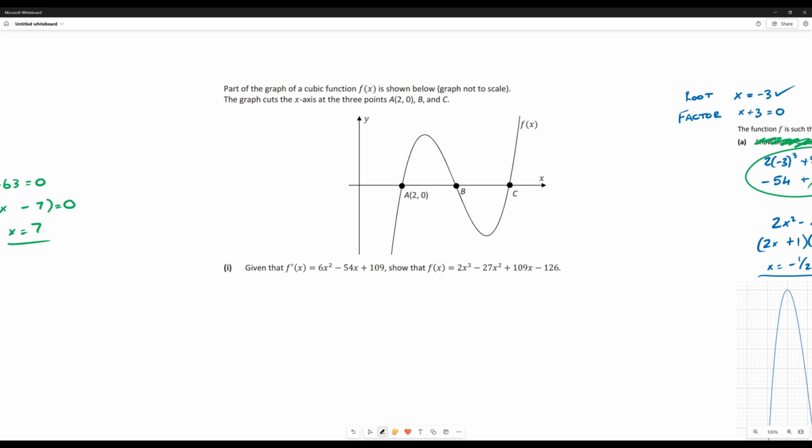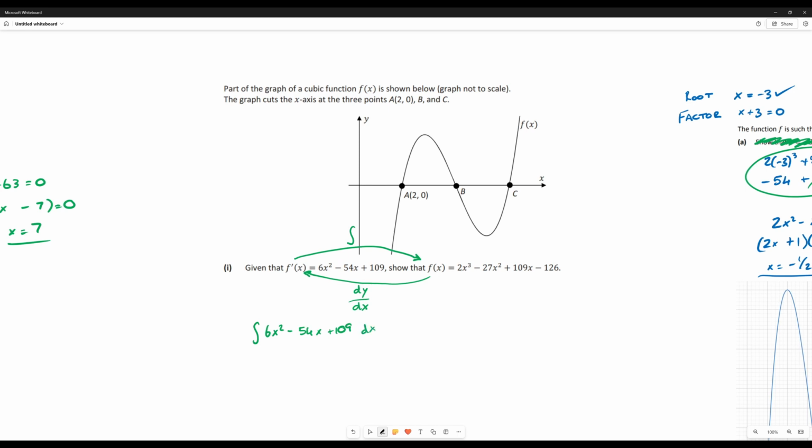But what you'd have to do here is, you can skip this if you're only looking for factor theorem. Skip part I, just skip to part B or 2 or whatever. How do you turn f dash x into f(x)? Well, if you turn f(x) into f dash x, you do it by differentiation. You do it by doing your dy dx or f dash x. So to go the other way, you have to do integration. So they're basically saying integrate 6x squared minus 54x plus 109